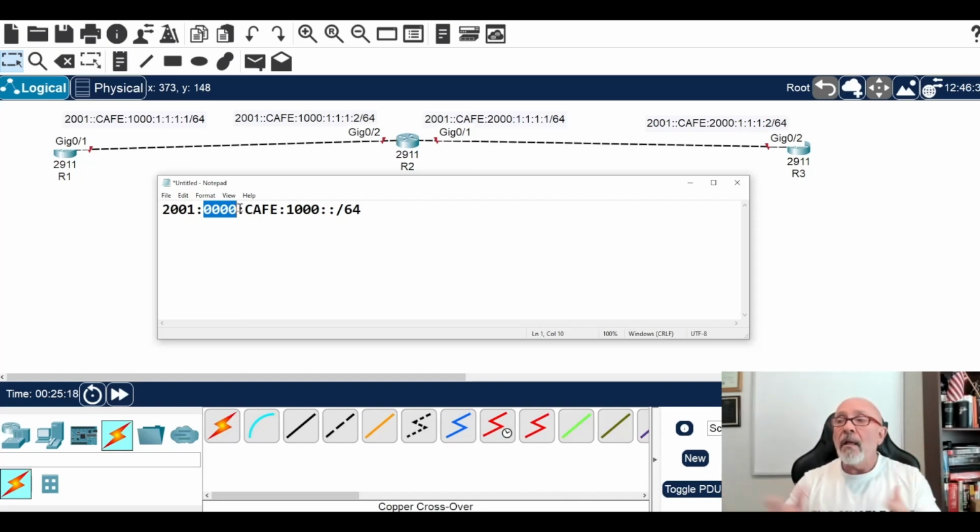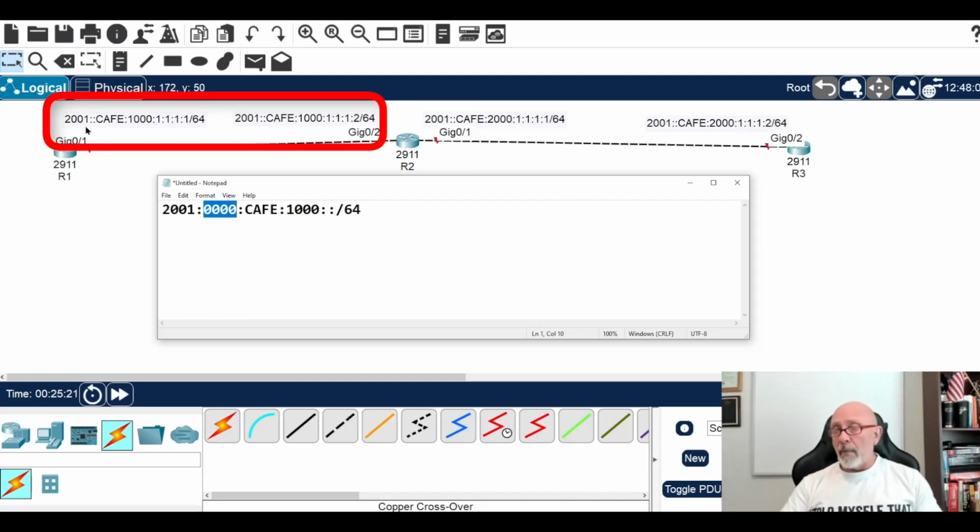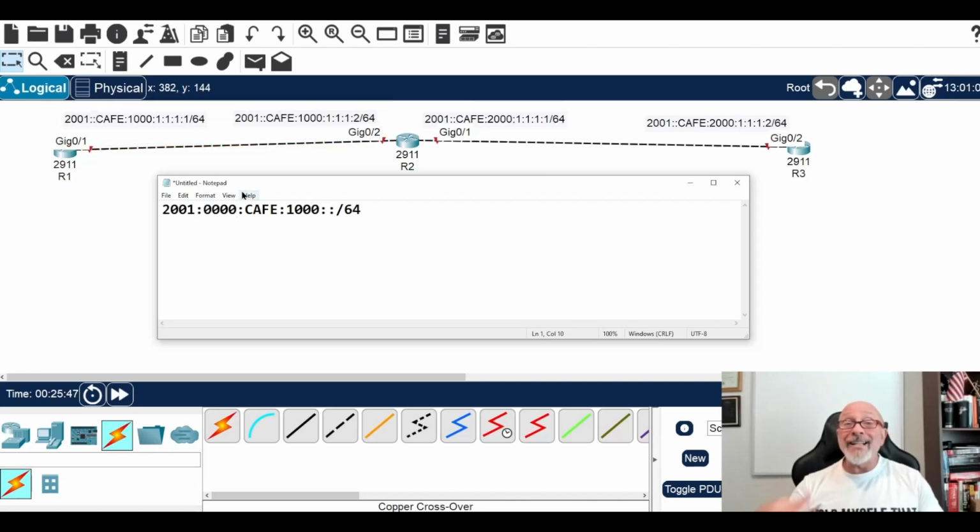Okay, I can see if it's within the address or anything like that. But if you look up above, I actually put 2001::Cafe:1000. That's the network. 1:1:1:1, 1:1:1:2. This is the interface ID portion of the address. That's what I wanted to use. Just trying to make a point here. When you're taking your certification, obviously, if you're identifying an actual IPv6 address, you're not going to choose this as a legitimate or valid IPv6 address because of the double colon rule.